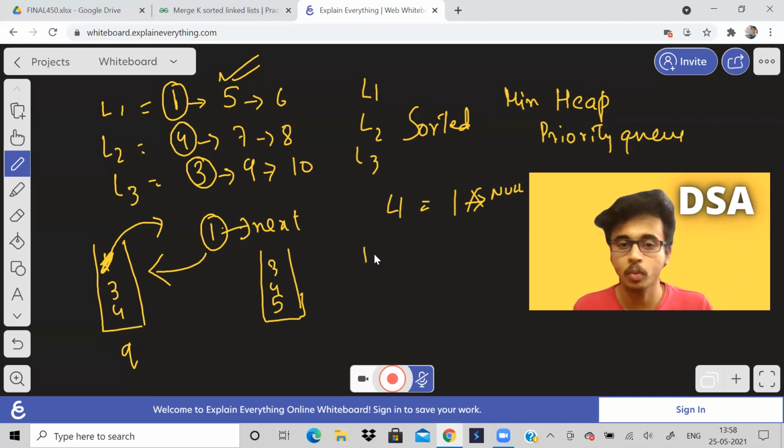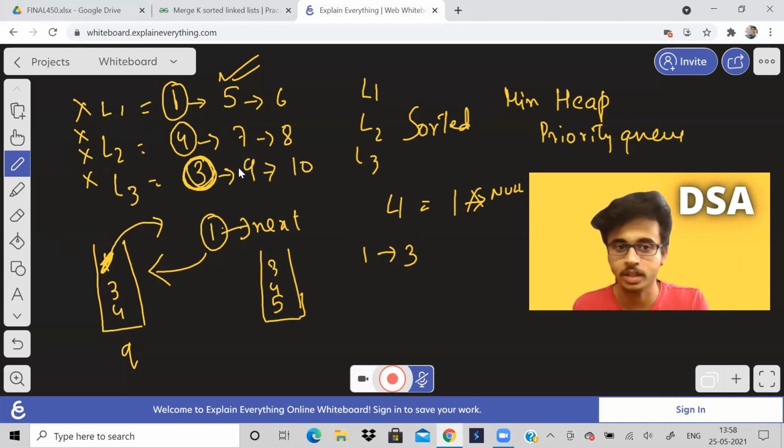So we formed 1. Now we will form 3. So after we form 3, we will check, see, this is 3 here. We don't have to bother about which linked list it belongs to. We just have the node values. We have the node values and they are attached. All these are attached. See, 9 is attached to 3, 10 is attached to 9.